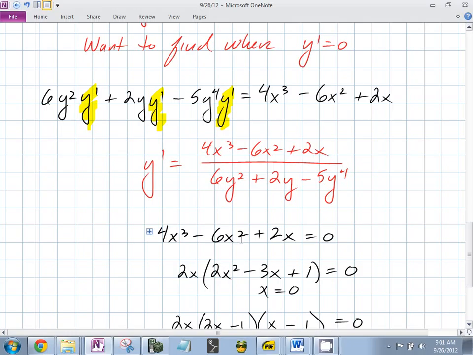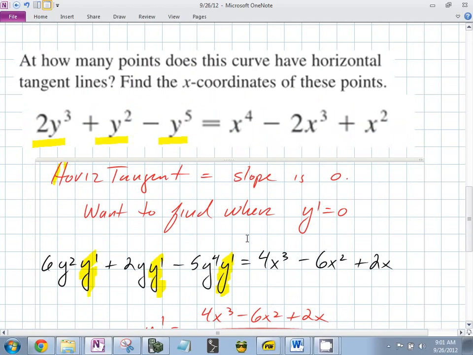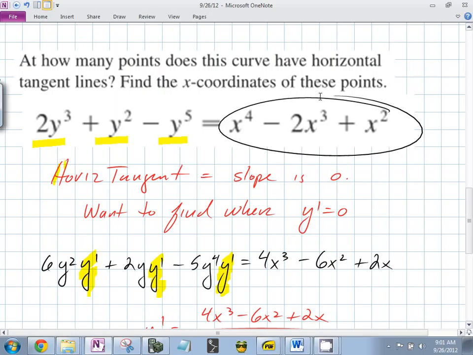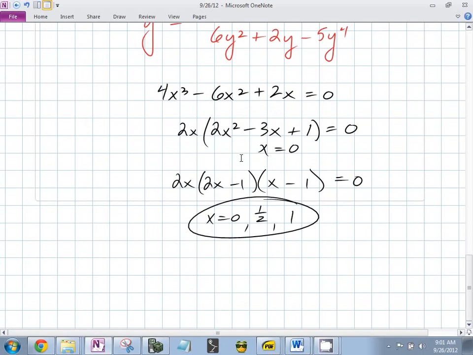The other thing is, even if you plugged in the x values, let's look at the original equation here. If you plugged in the x values, do you have any way to solve for the y values? No. What would you have to use? You'd have to use your graphing calculator. When you plug in x, you'll get a constant equals something to the 5th power. Actually, you could maybe if you factored it, but is it going to be a nice process? No. So to answer this question, there are 3 points. The x values are 0, 1/2, and 1. If you put 0 into the equation,